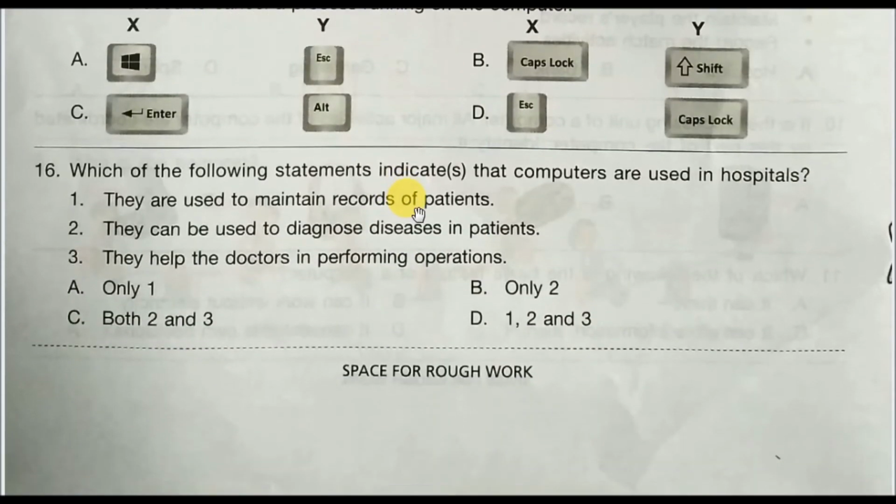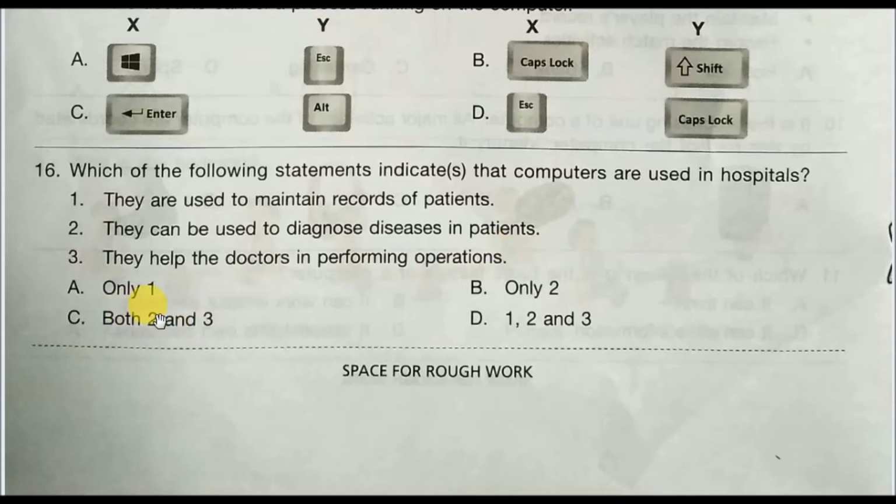Question number 16. Which of the following statements indicates that computers are used in hospitals? Options are, not options, they have given the statements. Statement 1 is, they are used to maintain records of patients. Statement 2, they can be used to diagnose diseases in patients. Statement 3, they can help the doctors in performing operations. Look at the options.